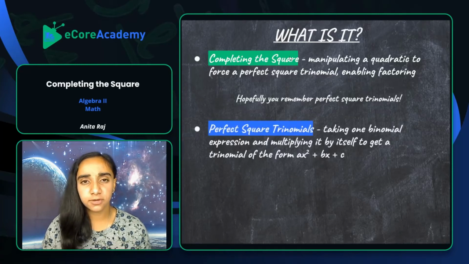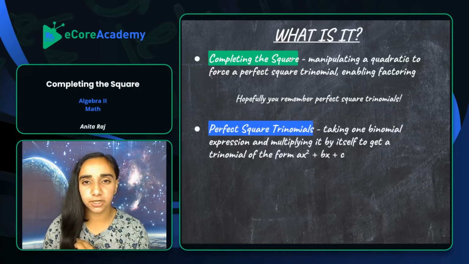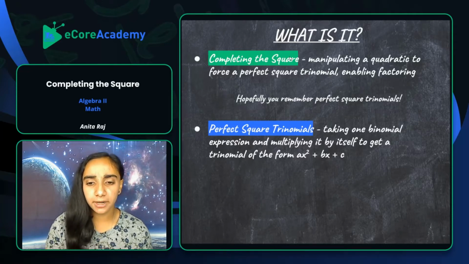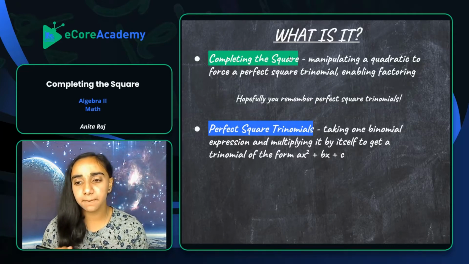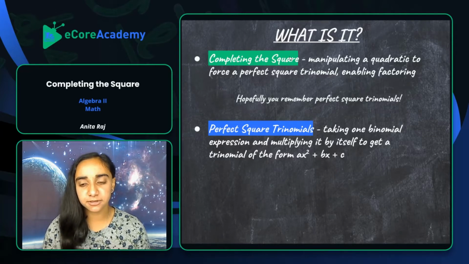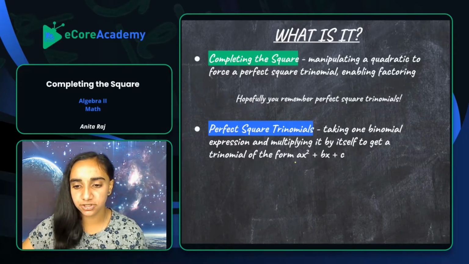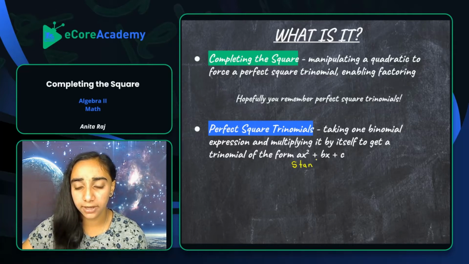And if you don't remember, that's okay. I totally understand if you're still getting used to the term. So perfect square trinomials is when you're taking one binomial expression and multiplying it by itself to get a trinomial of the form ax squared plus bx plus c. Hopefully you recognize this ax squared plus bx plus c, because this is your standard form. You usually have it equals y or equals 0, but let's just call this our standard form of a quadratic